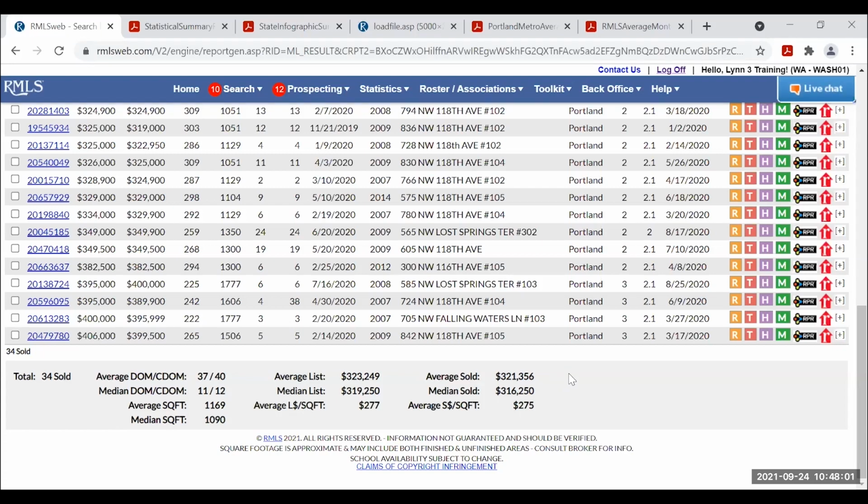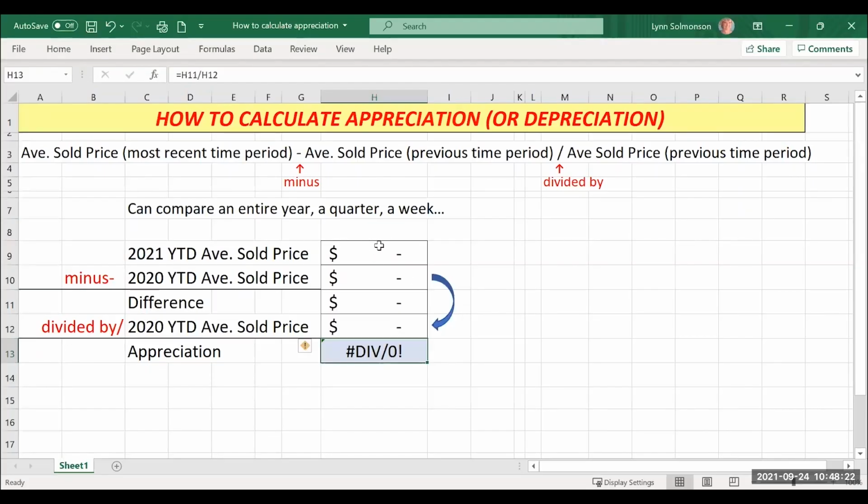Okay, and this is in your packet. I do have an Excel sheet that I'm going to show you. There it is. I made a little spreadsheet to help this make more sense. Okay, so average sold price most recent time period.